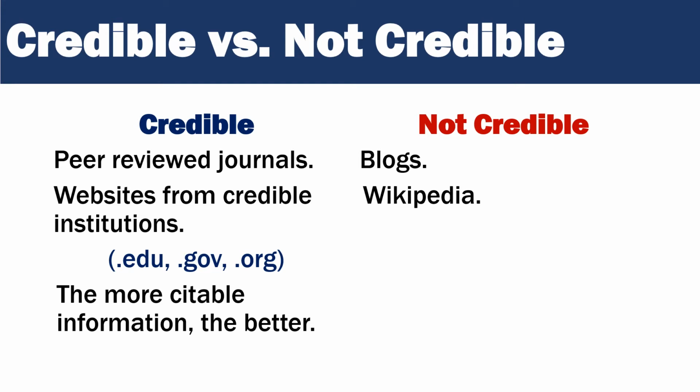Wikipedia. Please do not ever list Wikipedia as a reference in your works cited list. Wikipedia is also an example of something that can be written by anyone. However, I will say that it can be very useful in your initial research. You can use Wikipedia to discover credible sources by using the source list at the end of the entry that you have looked up, but you must take this extra step.